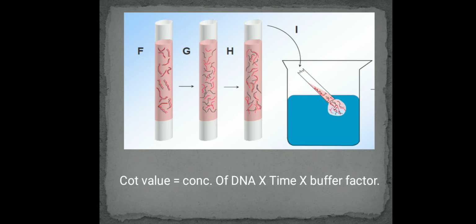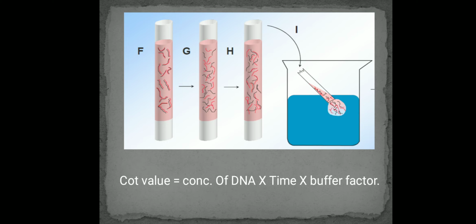After you denature the DNA, you are cooling the DNA and giving it some time to renature. So you're going to denature first. Later you're allowing it to renature by cooling it and giving it some time. You can see here the ampule is kept in a beaker containing water. When you keep it in the cold water, you're cooling the denatured DNA so that it renatures. While it is renaturing, you're giving it some time. Now we will see how much time the DNA takes to renature. With this, we are going to calculate the COT value.